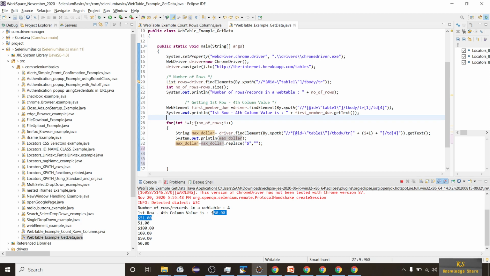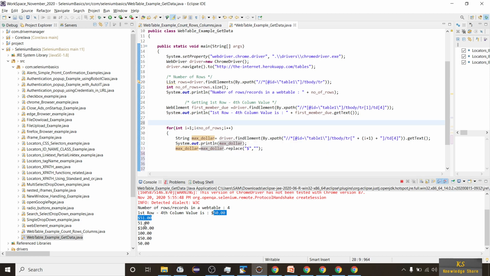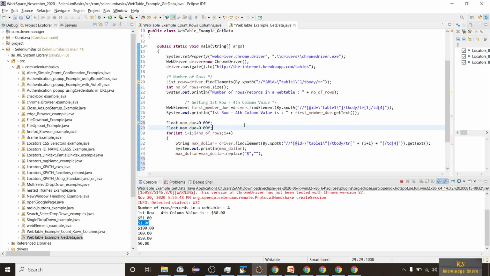And we are taking one more variable. This is a float variable, right? You can see these have a decimal point, so we have to declare one float variable. So I'll call it float max due, and you can store it in this format. You have to initialize it as 0.00f, which means a float. And we will take one more value which will compare whether it is greater than the current value, right? So I'll call it final max due is equal to